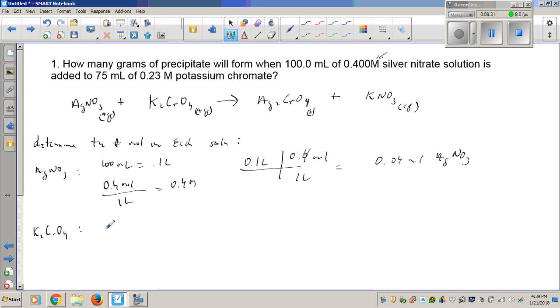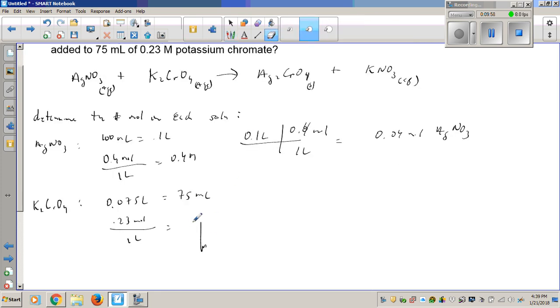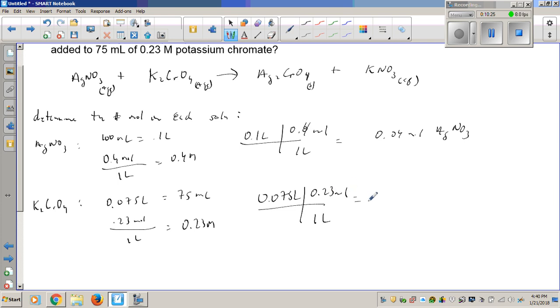We should know that 75 milliliters is 0.075 liters. We know it wouldn't be 0.75 because that's 750 milliliters. And then we should also know that 0.23 moles in 1 liter is a 0.23 molar solution. So once again, we take the volume, use the molar expression when broken up to relate back to moles. So you have 0.075 liters. 1 liter is equal to 0.23 moles, which is going to be equal